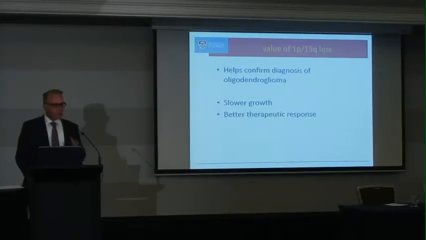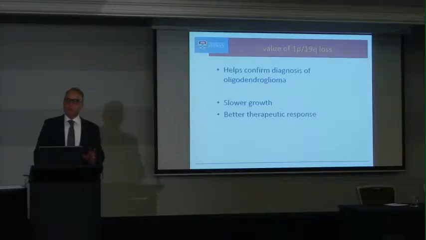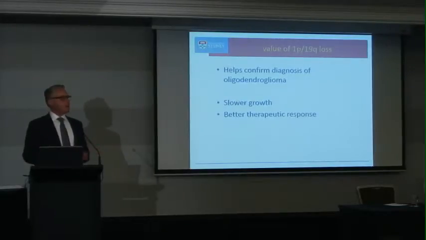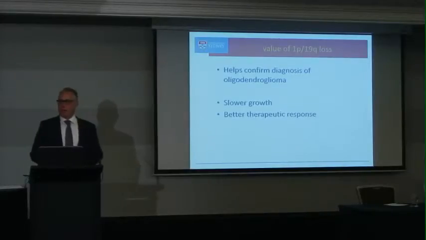And there is some prognostic value as well. Certainly, it's thought that the tumours that have 1p19q loss tend to grow slower, and they tend to respond better to chemotherapy. And so, really, I think our practice is that anything that even smells faintly of oligo, we'll do the 1p19q just to make sure, because we don't want to miss one of